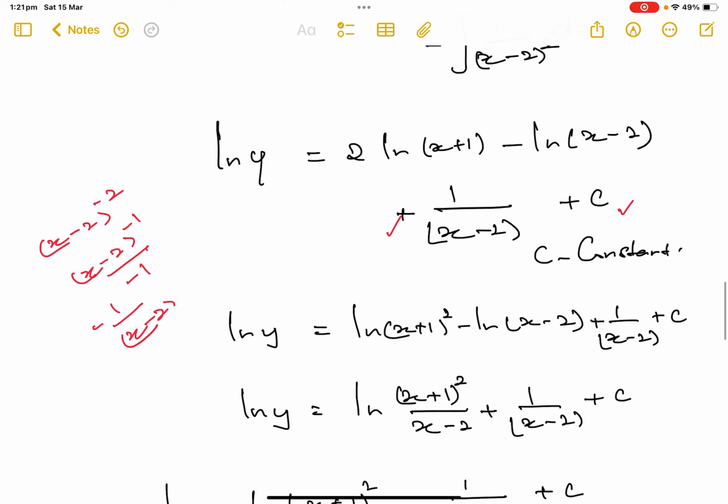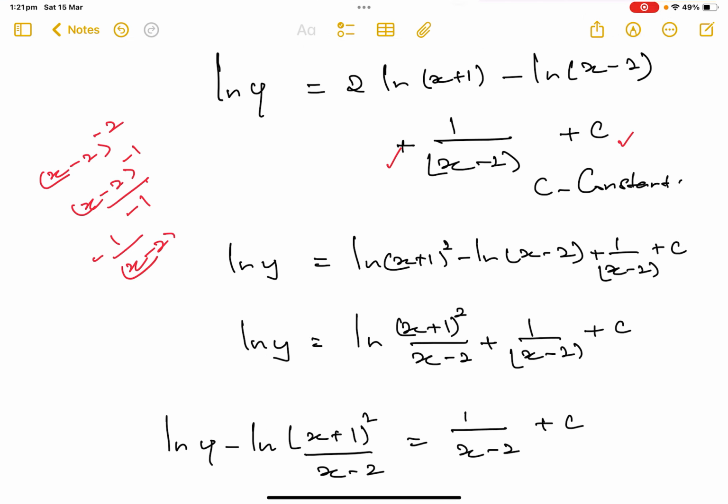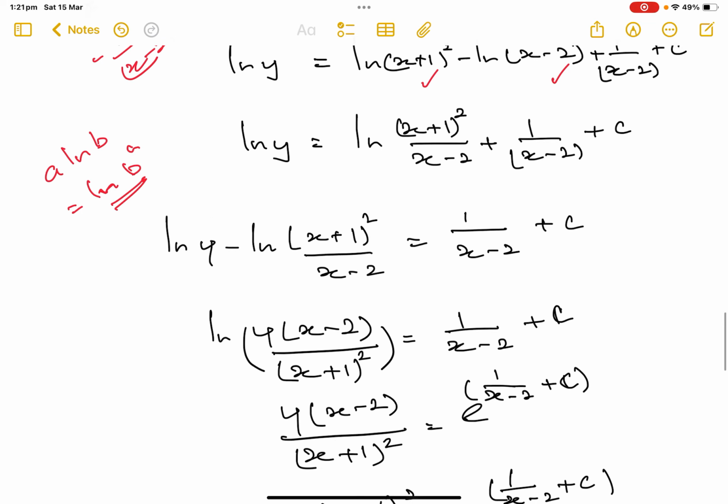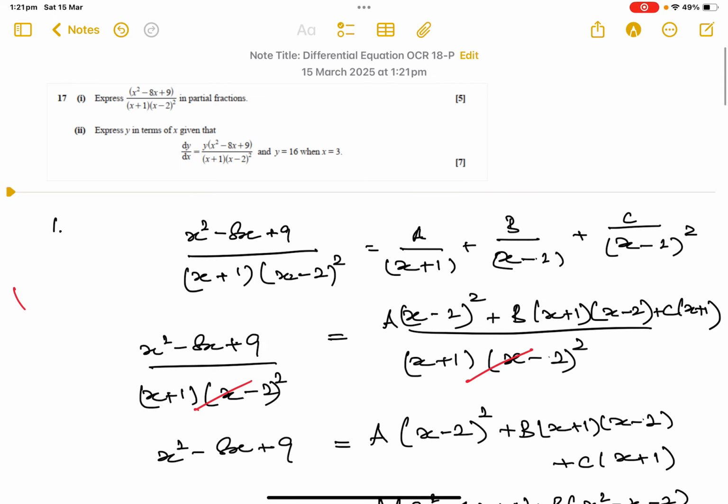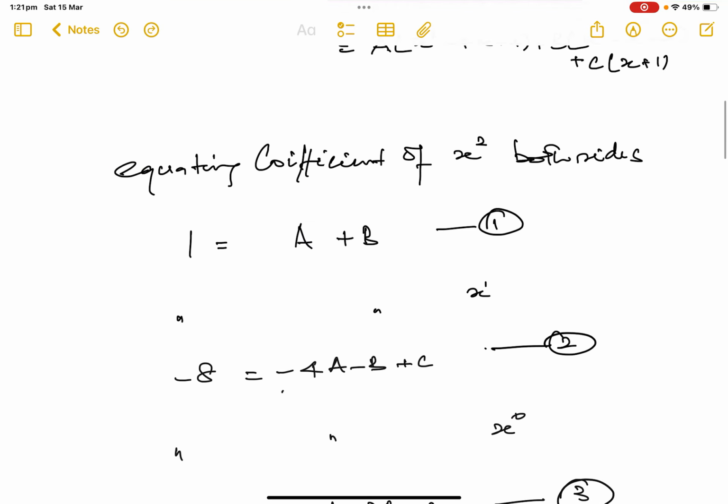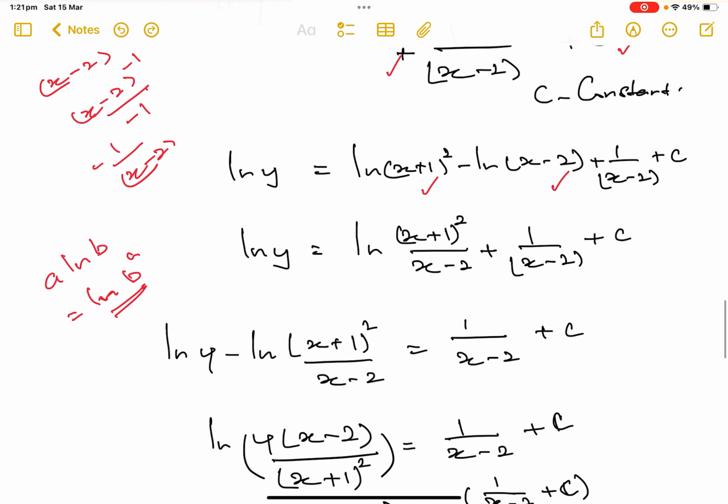C is a constant. So we know the logarithmic property, it says a times ln b is equal to ln b to the power of a. That is as simple as that. So that is exactly what I did here. 2 times ln x plus 1 is ln x plus 1 squared. Then ln x minus 2, the second part, 1 over x minus 2, and c. Again, another logarithmic property is ln